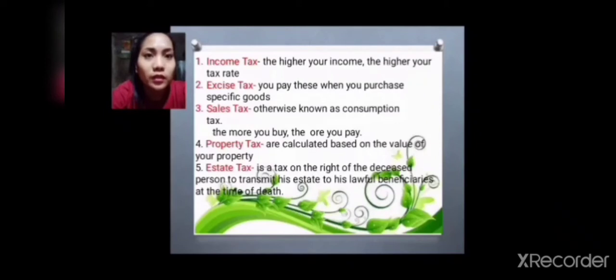So, kung gaano karami ang iyong bibilhin, ganun rin kadami ang iyong bayarin. So, kinakailangan mo ding magbayad ng iyong binili. Fourth, property tax are calculated based on the value of your property. So,